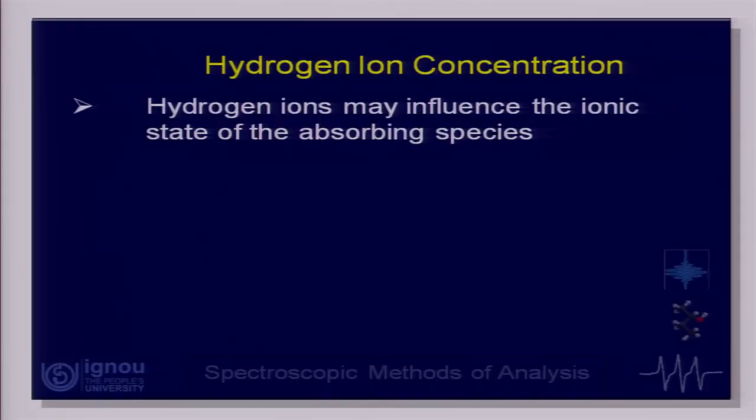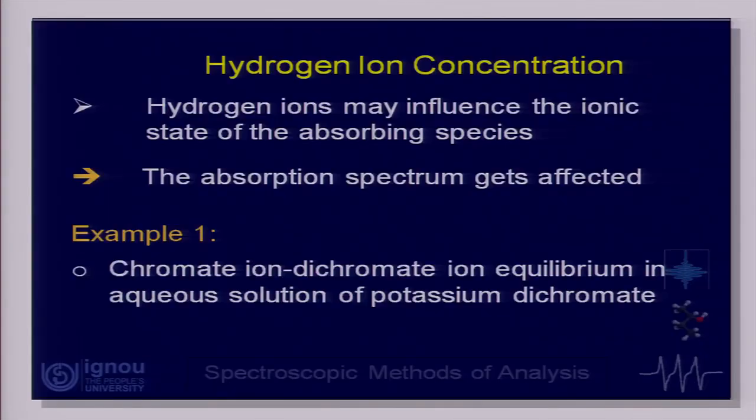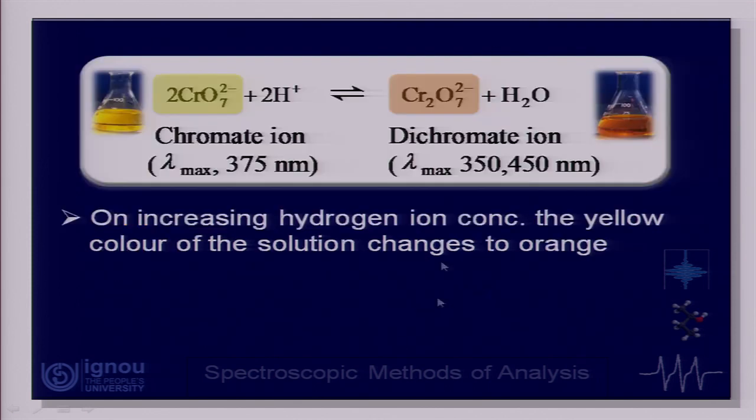Let us talk about the first case, that of hydrogen ion concentration. Hydrogen ion concentration typically influences the ionic state of the absorbing species. Let's take this example: the equilibrium between chromate ion and dichromate ion in aqueous solutions of potassium dichromate. Essentially what happens, let us look at this picture here. If I take potassium dichromate solution or even a chromate ion solution, and now I change the pH,